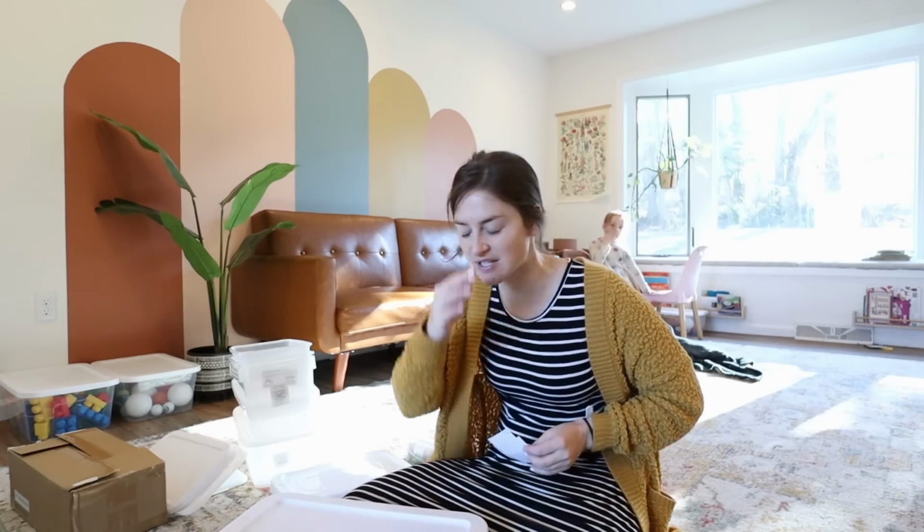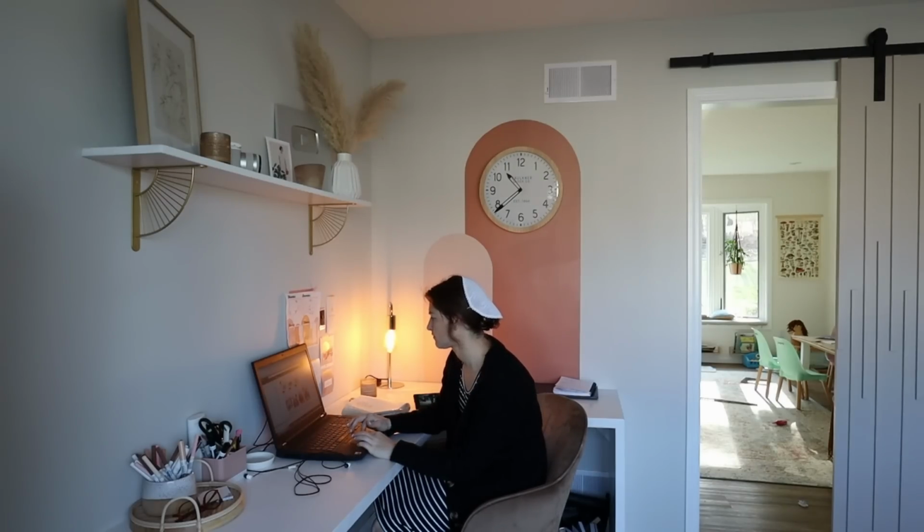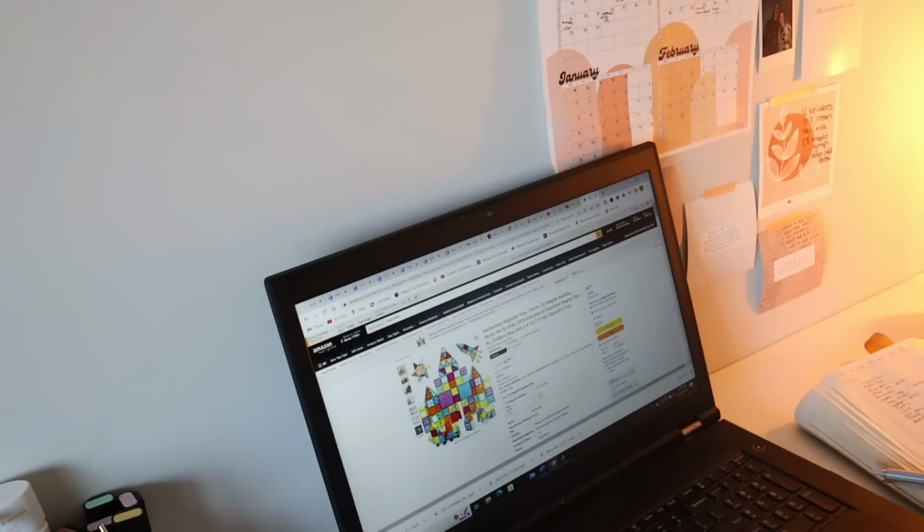So what I'm going to do is label the lid and the box so that we can find both and we know where everything goes. The kids are making their own individual little caves in the toy room, so if you hear any small disturbances in the background, that's them. But what I did was I went on Canva and designed my own little 2x4 labels. The way I did that was I went onto Amazon and Googled the toy that I had,